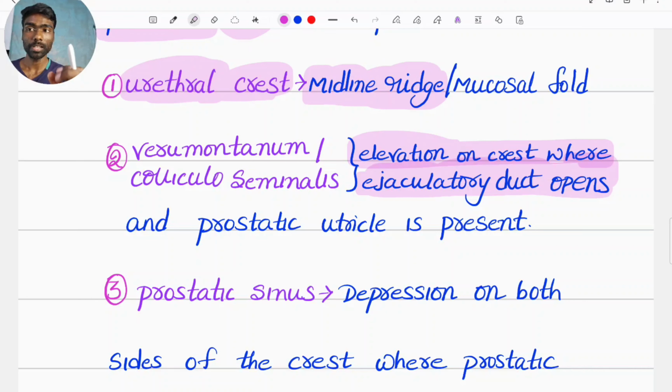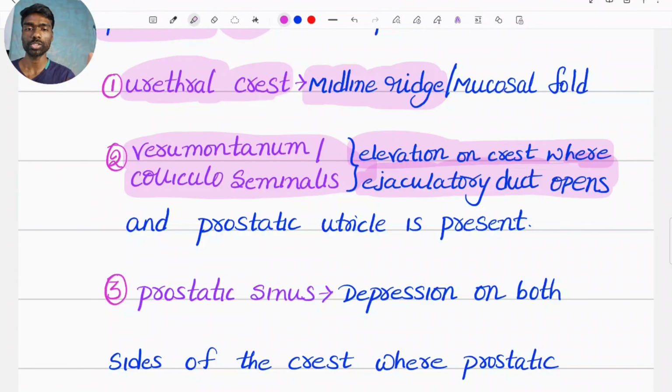Seminal vesicle contributes approximately 60 to 70% of the volume of semen, and ductus deferens carries sperms from the testis seminiferous tubules to the ejaculatory duct. Finally, this ejaculatory duct opens into the verumontanum or colliculus seminalis, nothing but an elevation on the urethral crest